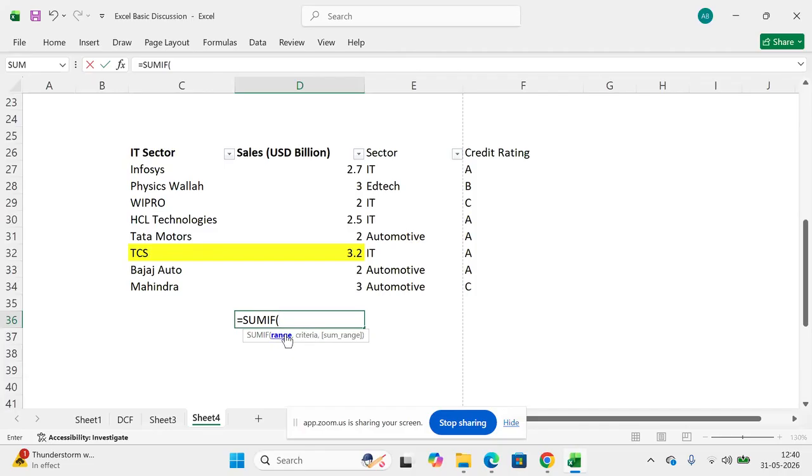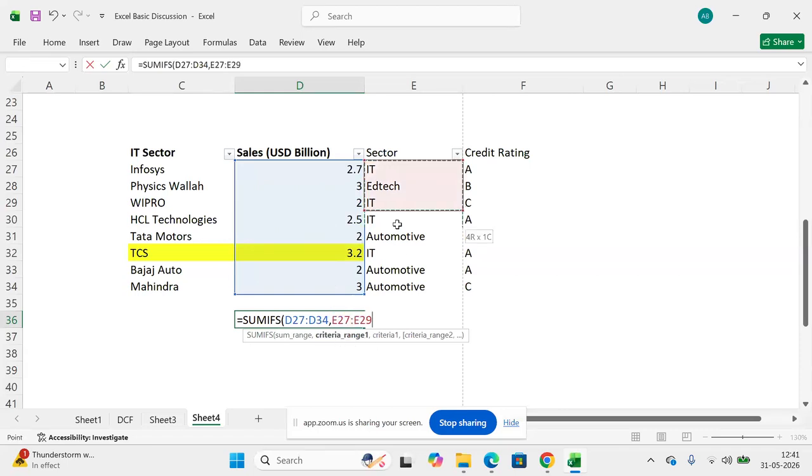So I will amend the formula. I will now use SUMIFS function rather than SUMIF function. In SUMIFS function, multiple criteria can be given. My criteria is sector would be IT sector. First it is asking me a sum range. We will select sum range as 2.7 to 3. Second is criteria range 1. Criteria range 1 is IT to EdTech to automotive. Criteria 1 is IT sector,